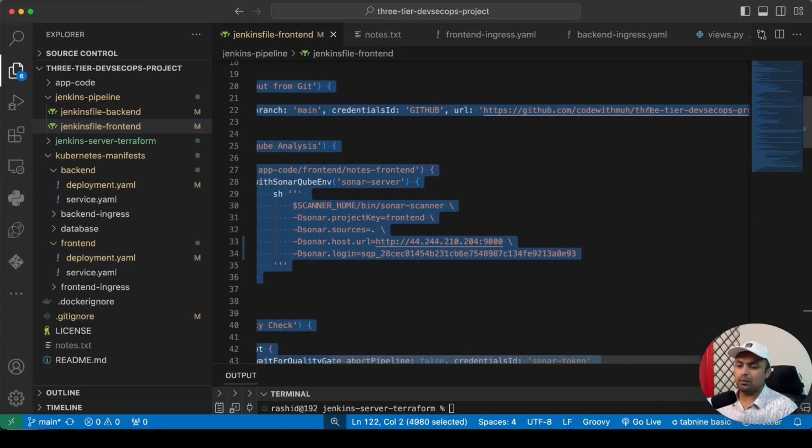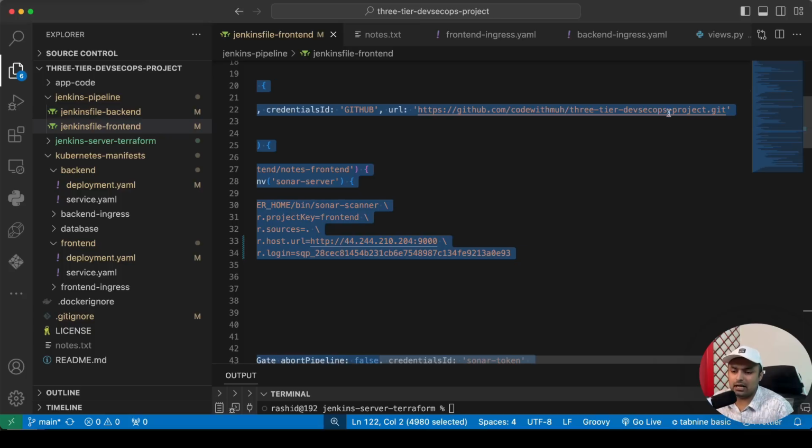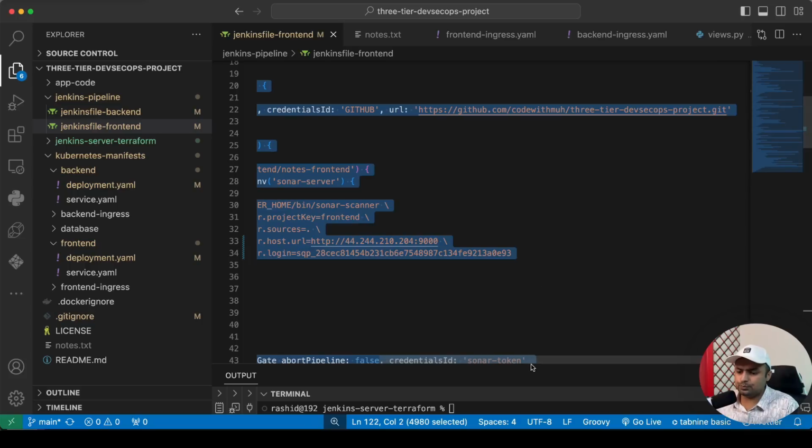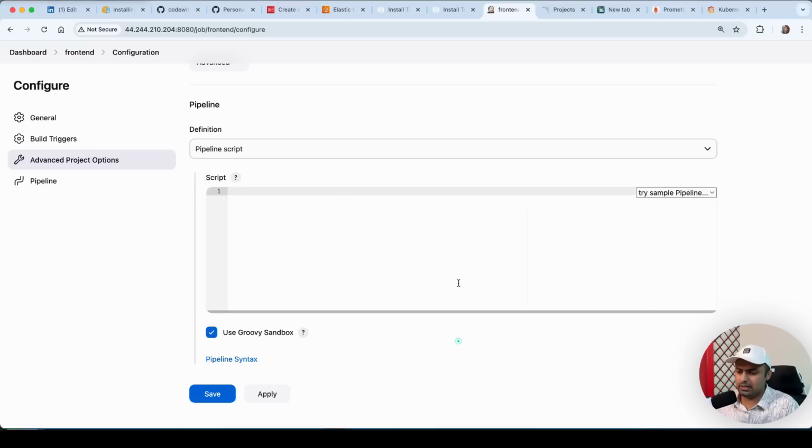Just make sure you have updated the GitHub, okay, because I'm using my own GitHub. If you clone my GitHub repo, you will have your own username. Just read this file. If something belongs to my username, you have to update it with yours. So just copy and paste it here,